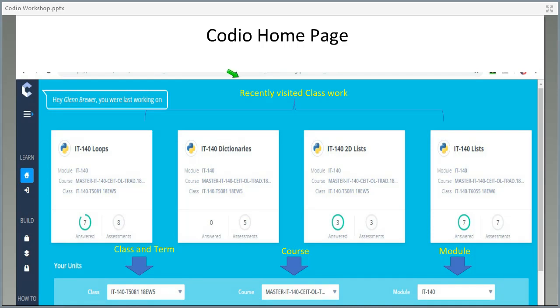I also want to draw attention to the one on the far right here, and that's specifically for the courses like IT 140. Inside this drop-down is where you'll choose between the different modules and the different projects. When you first start the course, make sure you choose this drop-down and select Module 1 rather than Project 1, because you don't want to start working on the projects that are due in week 3 in week 1. It's going to overwhelm you, and you don't want to do that. So make sure you pay attention to that drop-down